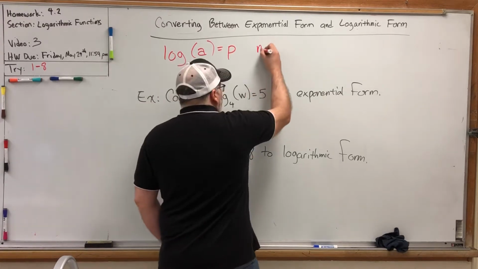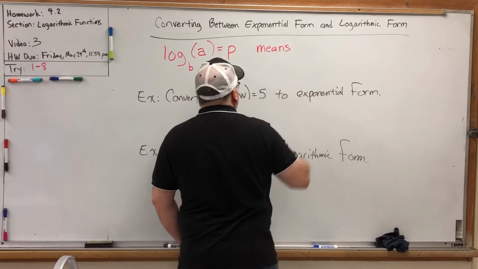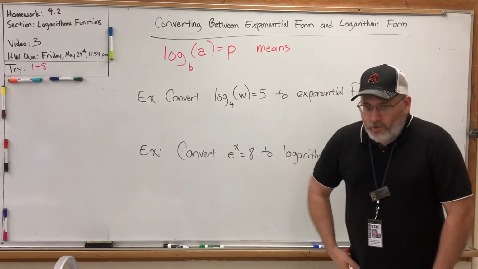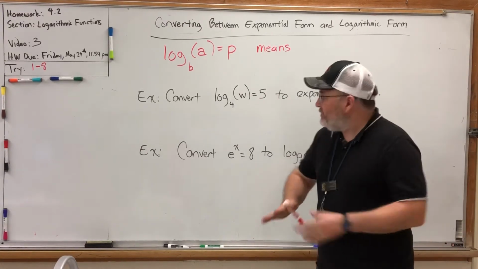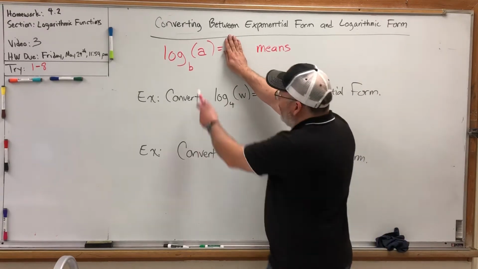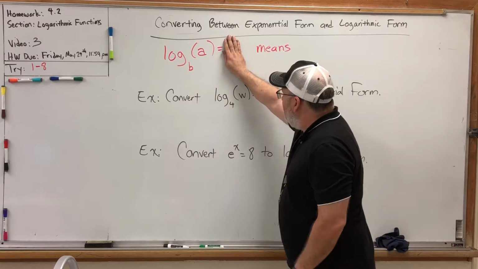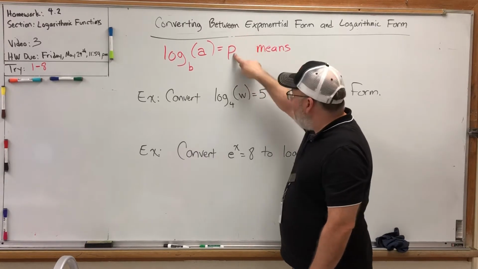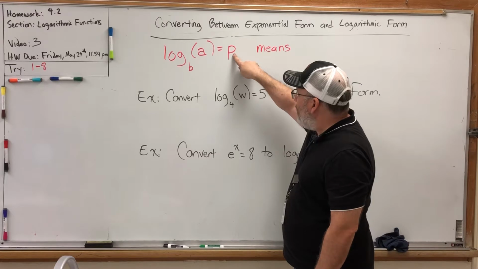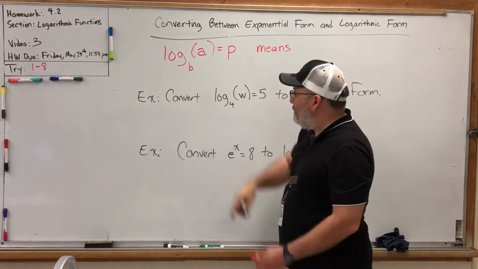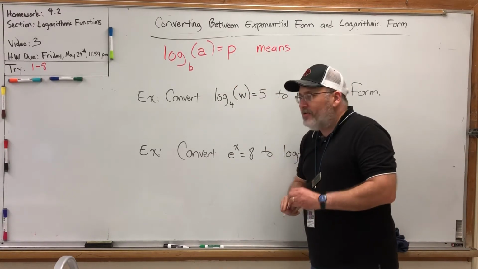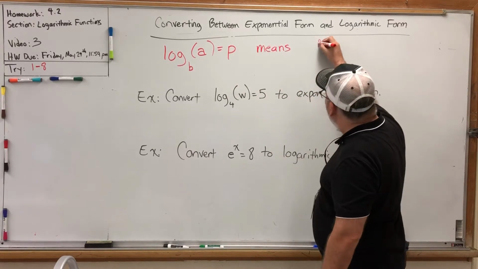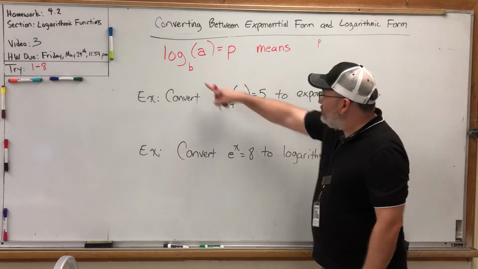What does this mean? A logarithm is a question. The question is what power turns the base into the argument? What power turns this into that? So whatever its answer is, that is the answer to that question. This is the power that turns the base into the argument. Let me say that again, but this time write it down. Whatever this is, it's a p, is a power that turns the base